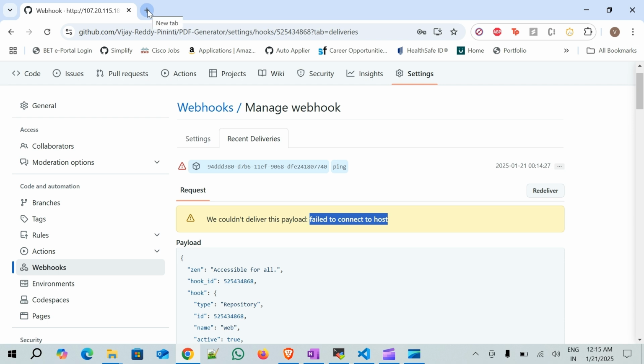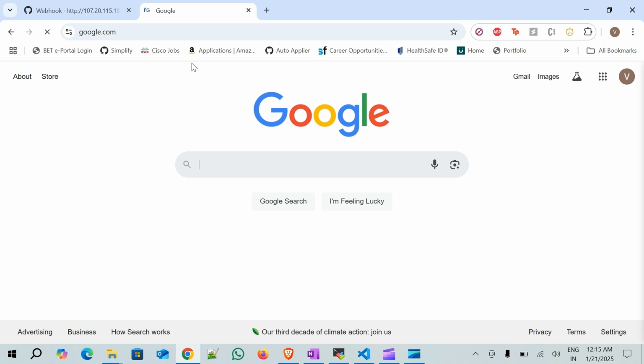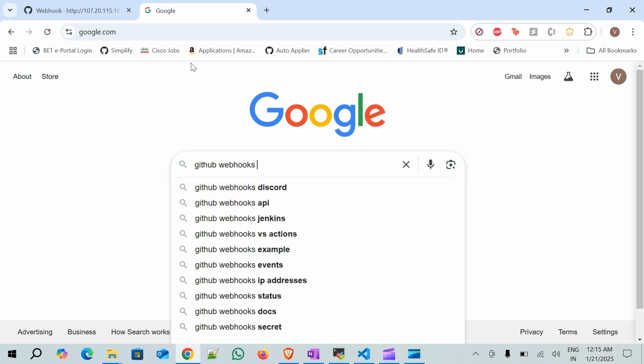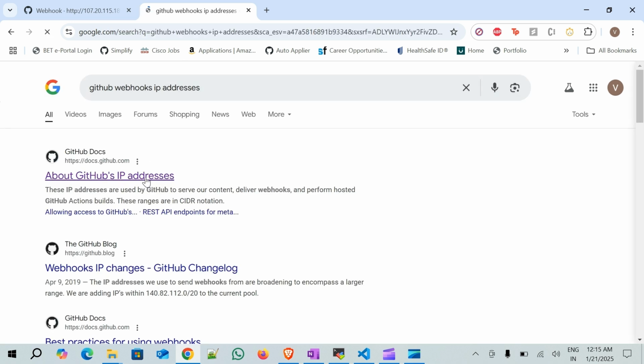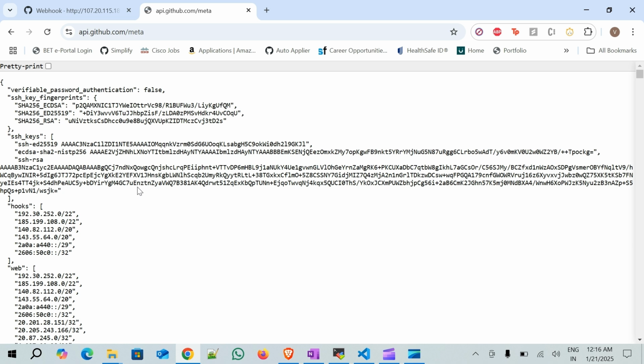Jenkins server security group. How you can do that is just go to Google and type GitHub webhooks IP address, and this is the official GitHub docs. Click on this link, and here if you can see the hooks array, you are provided with 6 IP addresses. You have to whitelist all these IP addresses in your security group. So copy them one by one